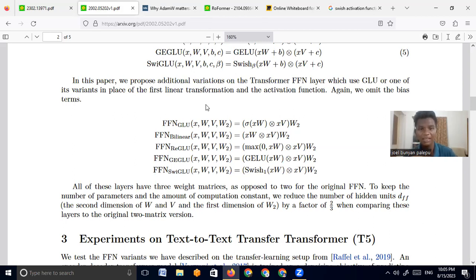Here we have three weights because we are performing attention, we are performing a transformer. So we'll essentially be performing this specific function: getting the Swish activation function, passing xW into it, multiplying that by xV, and multiplying that by W2, right? So this is the activation function that we will be using inside